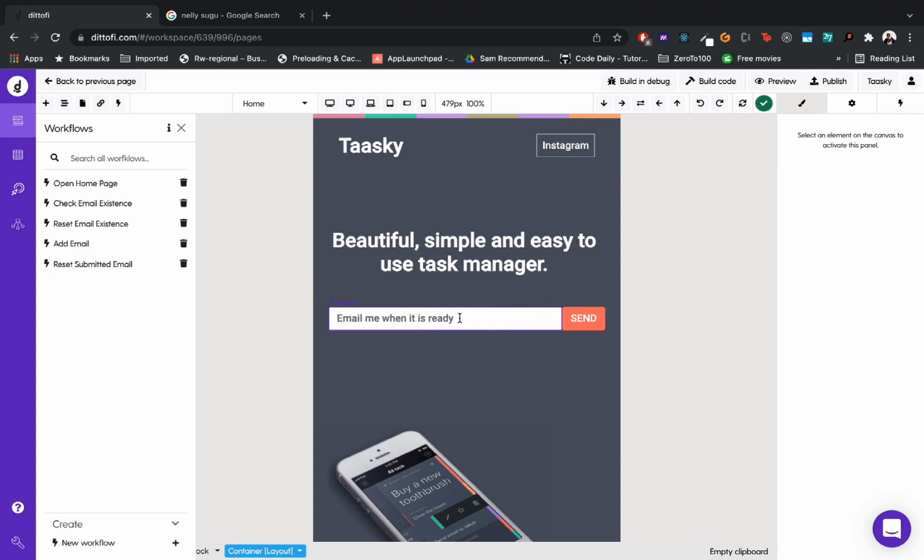So these workflows are the functionalities that we write on the front end of our application. And if you don't know what front end of our application means, consider looking at the videos that I'm going to link to in our web developer series to understand what the front end is.